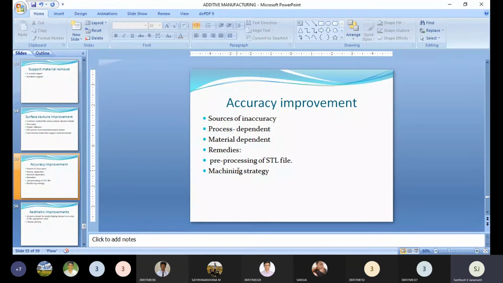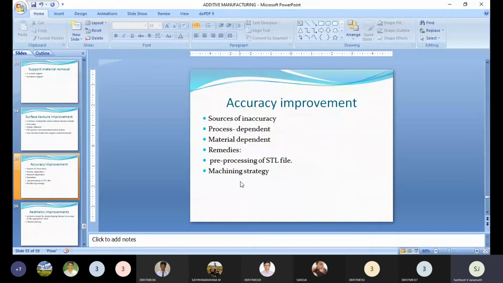Let them process. That's what we can say. It is a pre-processing of the STL file. Then you can check the setting parameters and the quality of the product. Once our process and material are everything correct, then you can take a post process. Let's start the production based on the results of the previous pre-post process.